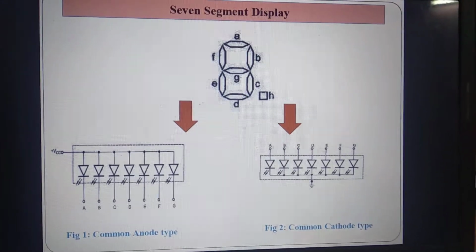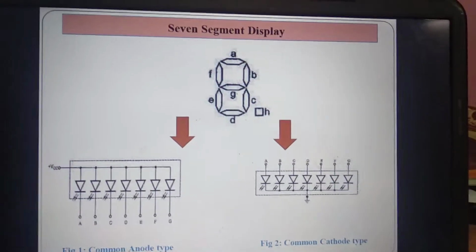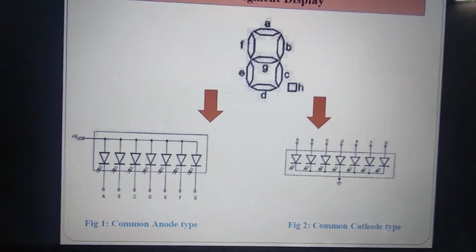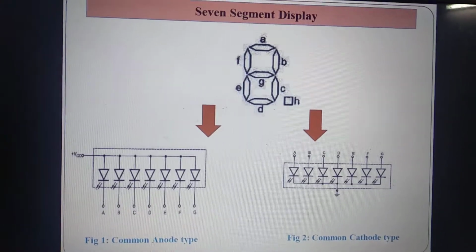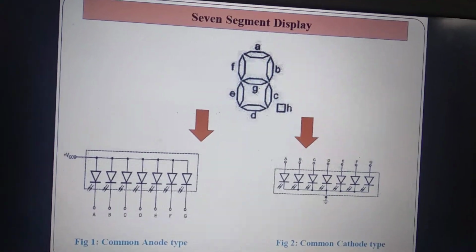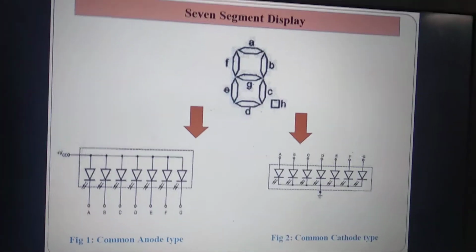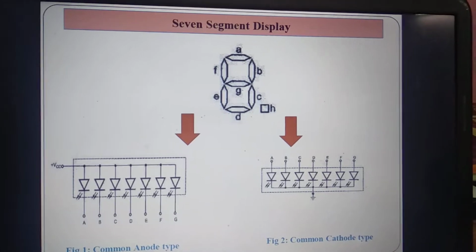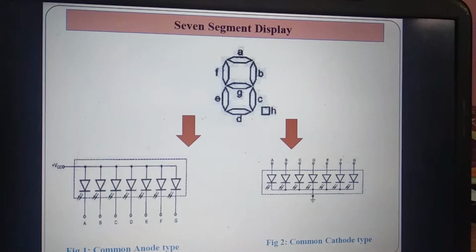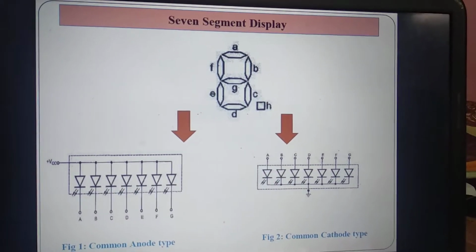We get to see so many applications of this 7-segment display. Maybe in a calculator, the digit display that we use in a calculator is a 7-segment display. And in some stations we get to see the digital clock many a time, that is a 7-segment display. So this is a very popular one, and it has 7 segments, A, B, C, D, E, F, G. These are the 7 segments of this display.